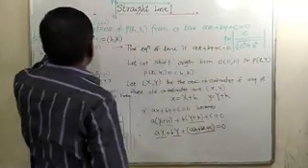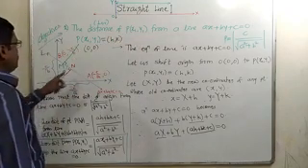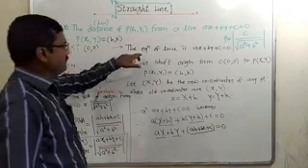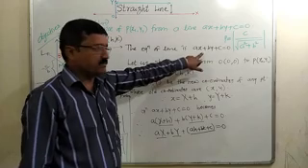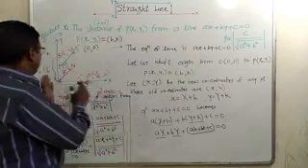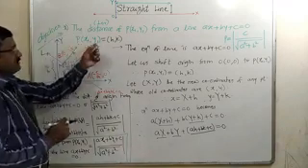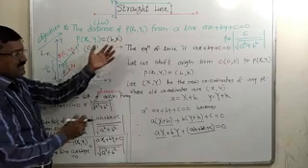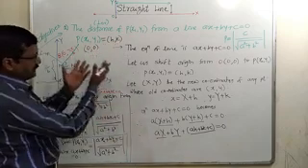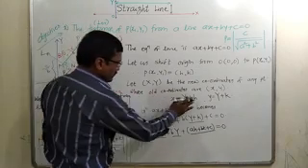Now we will find the distance of point (x1, y1) from the line ax plus by plus c equal to 0. For that, what we have done initially is, we have changed this line into the new system, because we are shifting the origin from O to the point (x1, y1). For instance, we have taken here (h, k). Without taking (h, k), if you take (x1, y1), then we will reach this point. Let us see what will happen.